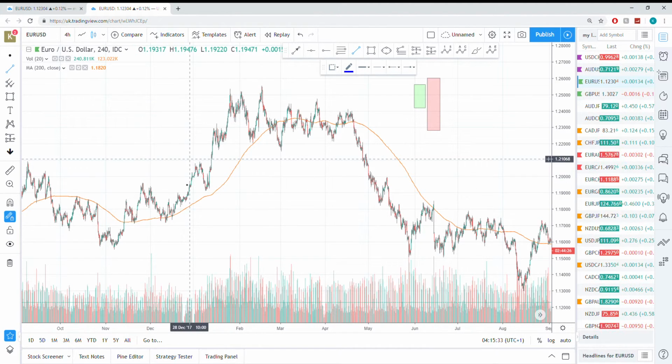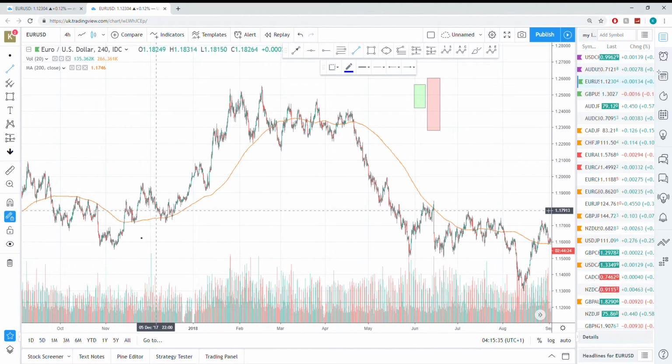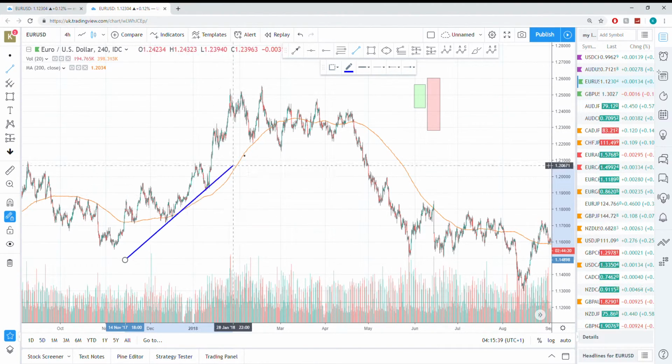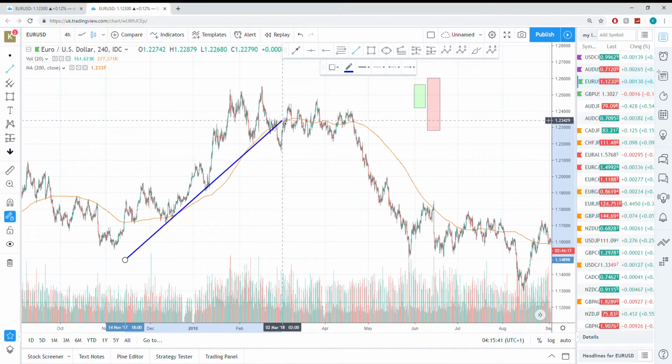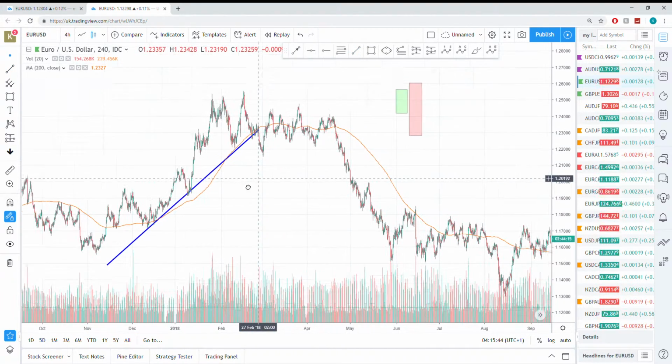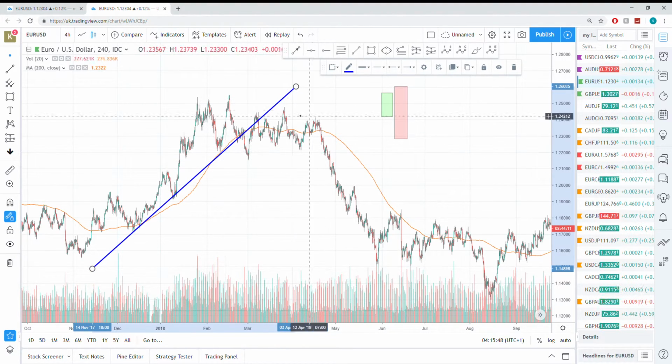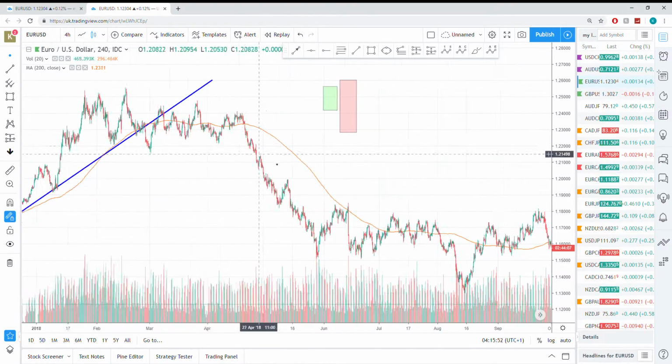Yeah, no, higher lows. I keep getting it the wrong way. So we know that this is an uptrend. If we just draw an uptrend like this, we can see that this area here is consolidating. So perhaps we would